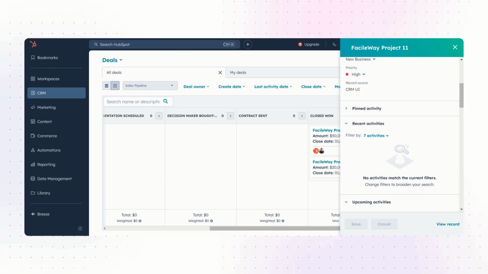You can track the progress of your deals in the pipeline view or the board view. In the pipeline view, you can see all your deals categorized by stages, to easily see how you close your deals. HubSpot also provides reports and dashboards to analyze the performance of deals, such as deal forecast and deal velocity. Track how long deals are staying in each stage and identify potential bottlenecks. When a deal is successfully closed, move it to the closed stage; if lost, simply drag and drop it to the Closed Lost stage. HubSpot will automatically track all closed deals and you can generate reports to measure your sales performance.